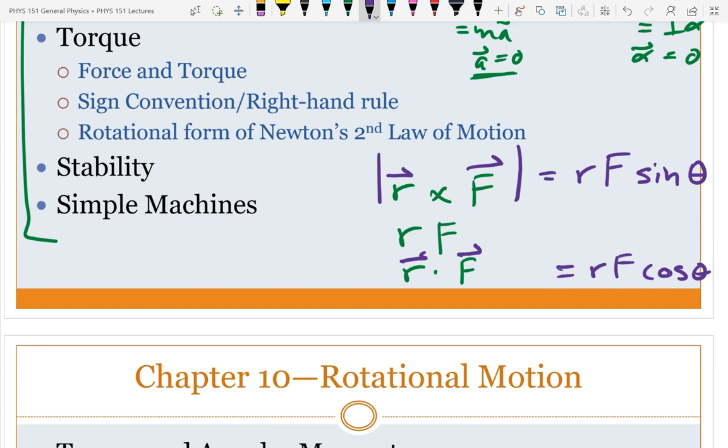Now, one of these things is torque. Which of the three is torque? The top one. The top one is torque. So the magnitude of torque is the radius, measured as the vector going from the pivot point to where the force acts, crossed with the force vector. That's the torque. The bottom one, if I change R to delta X,